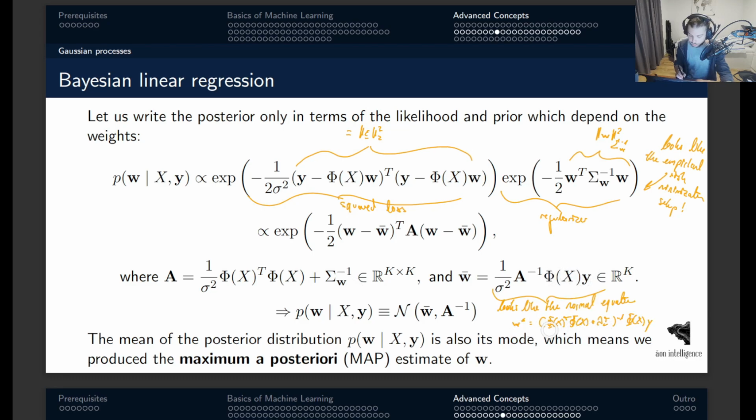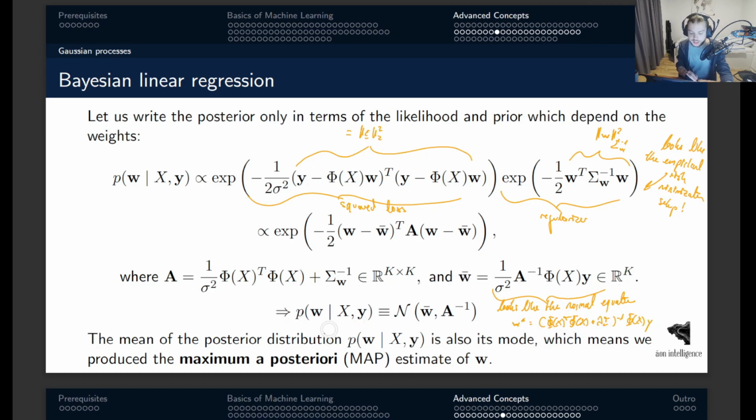So recall the normal equation. We have that W star is equal to the inverse of phi x transpose phi x plus lambda times the identity, the inverse of this times phi x times y. And here we have something very similar. We have some normalization constant, let's forget about that. And here we have the inverse of this matrix A, and A is defined as some constant times phi x transpose phi x plus some regularization matrix. So this is this bit here. And we multiply the inverse of A with phi x times y. So this is really analogous to what we have for the normal equation, but this time